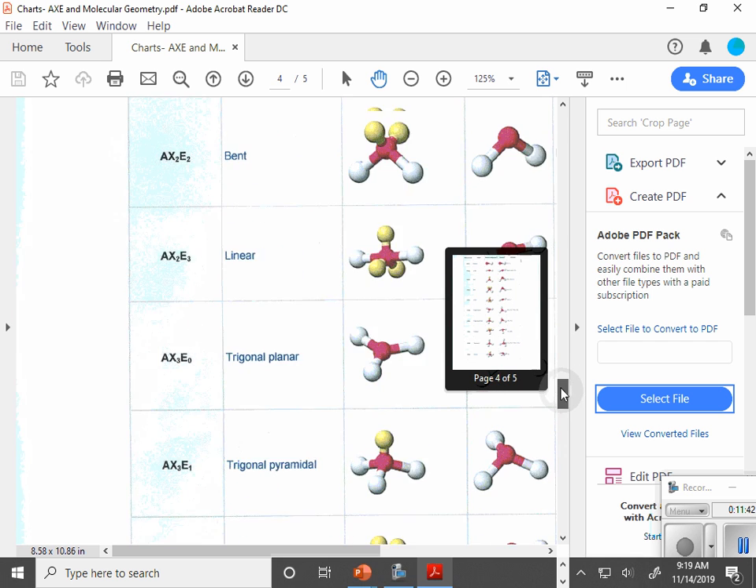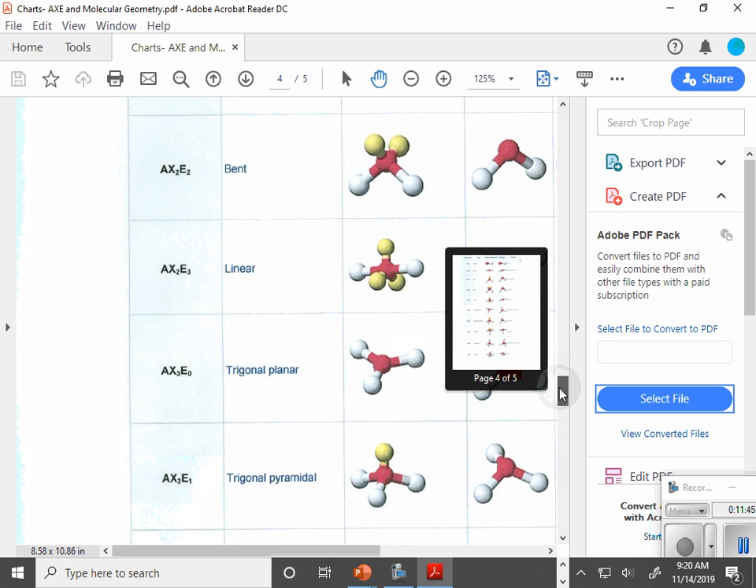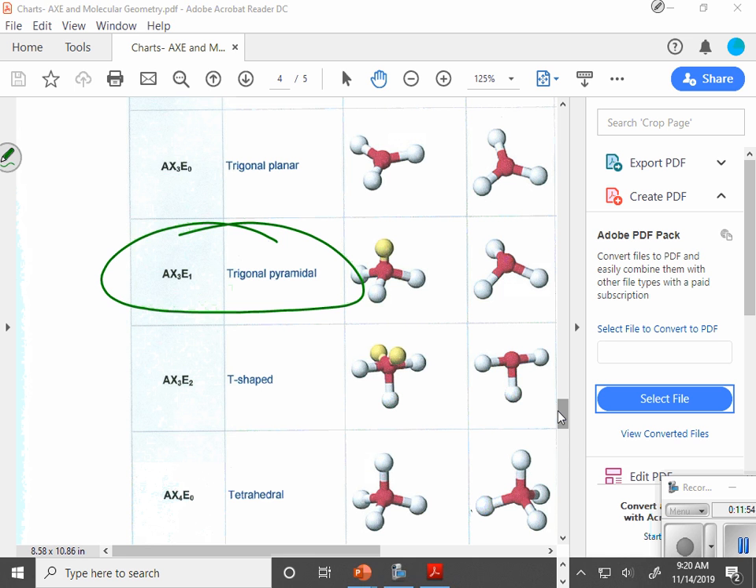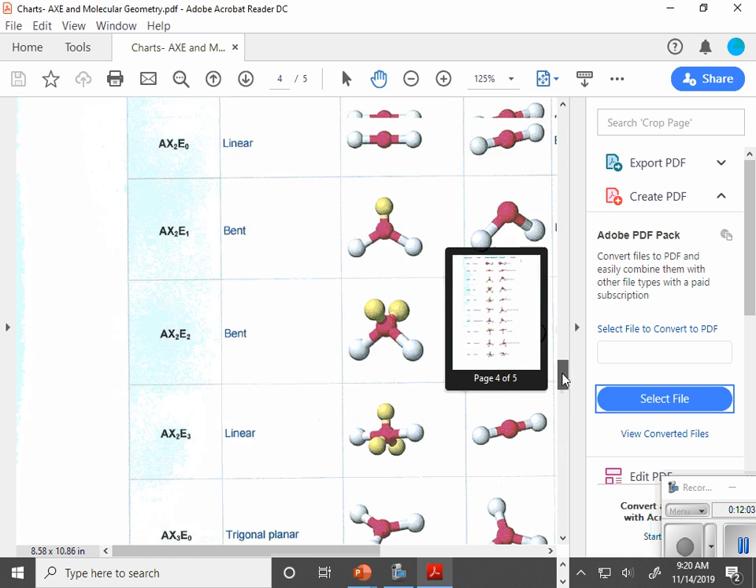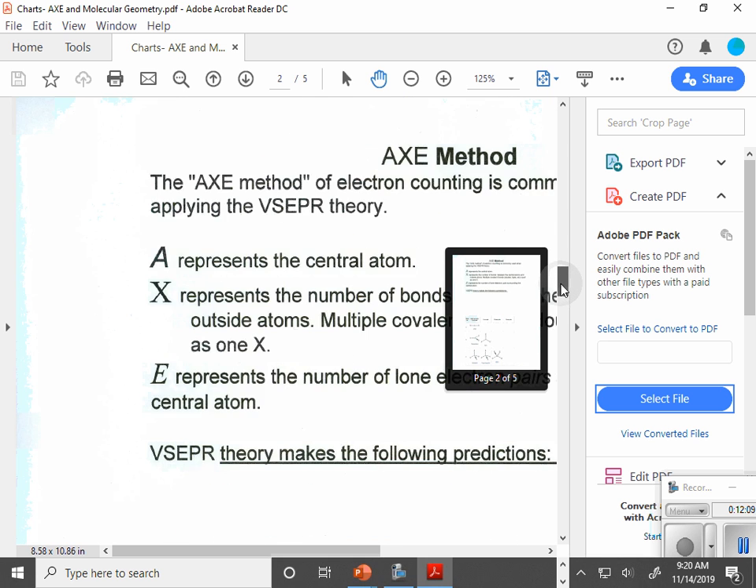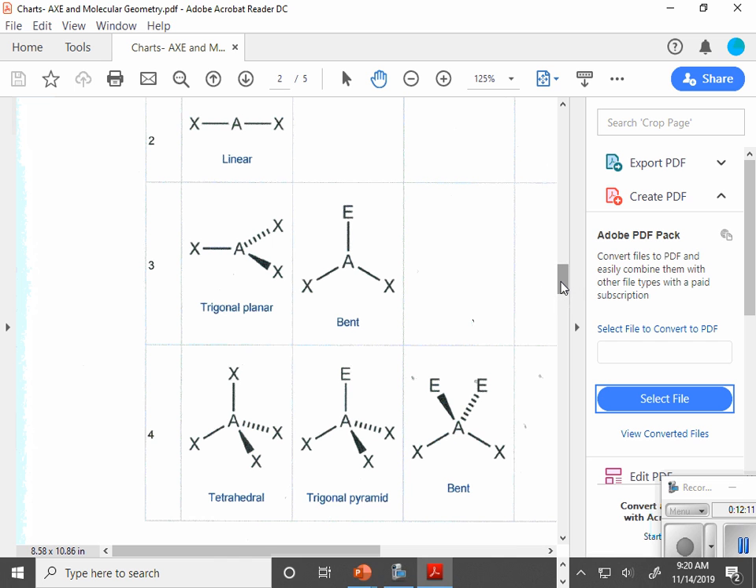Come down to this part of it. AX3E1. Here I am. AX3E1, trigonal pyramidal. So my molecular geometry is trigonal pyramidal. I come back up to find trigonal. There's trigonal planar, trigonal pyramid. It says trigonal pyramid, not pyramidal. This is the one I'm looking for, right there. Trigonal pyramidal. So I come back to my PowerPoint,